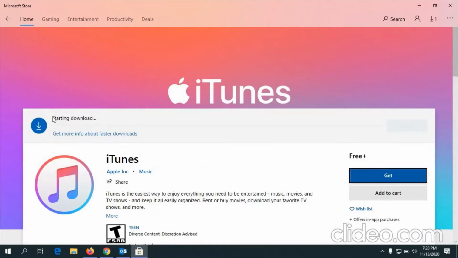So as you can see, it's starting the download. iTunes starting download. Acquiring license, downloading iTunes. You can see it's downloading.